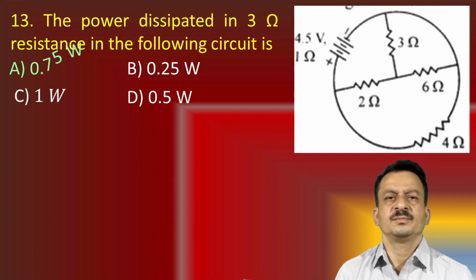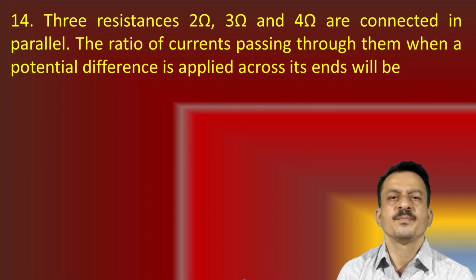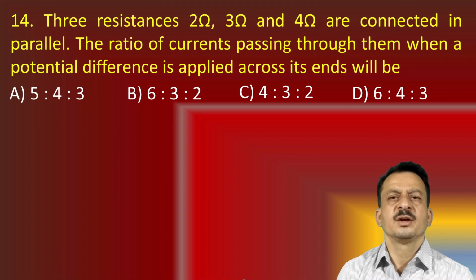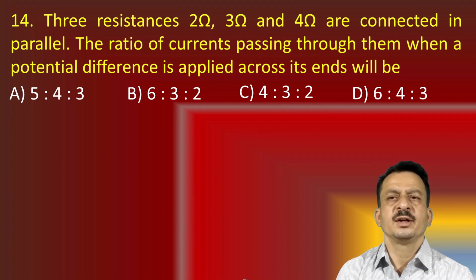Next problem. Three resistances 2 ohm, 3 ohm, 4 ohm are connected in parallel. The ratio of currents passing through them when a potential difference is applied across its ends will be? Options: A 5:4:3, B 6:3:2, C 4:3:2, and